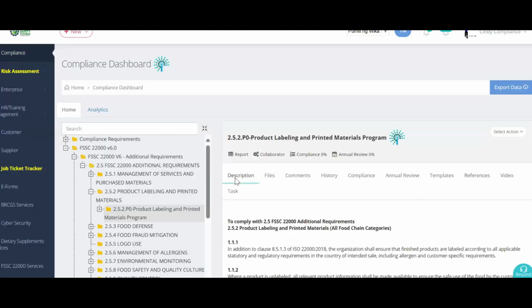Let's start by going over the description of the product labeling and printed materials program. Please take a look at the description on the screen.